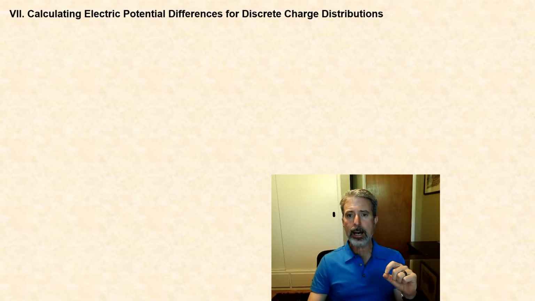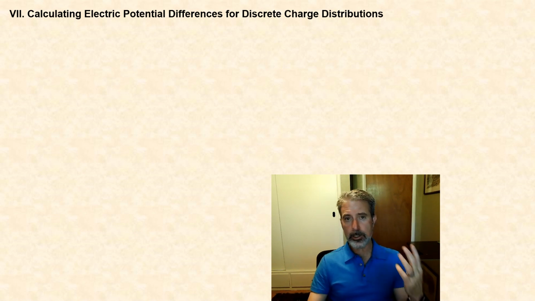Now that we know how to calculate the electric potential at a given point in space for a single point charge, we can now turn our attention to the problem of calculating the electric potential for a collection of point charges, what we call a discrete charge distribution. So let me start out by pointing out how our new approach is different or contrasts the approach that we've